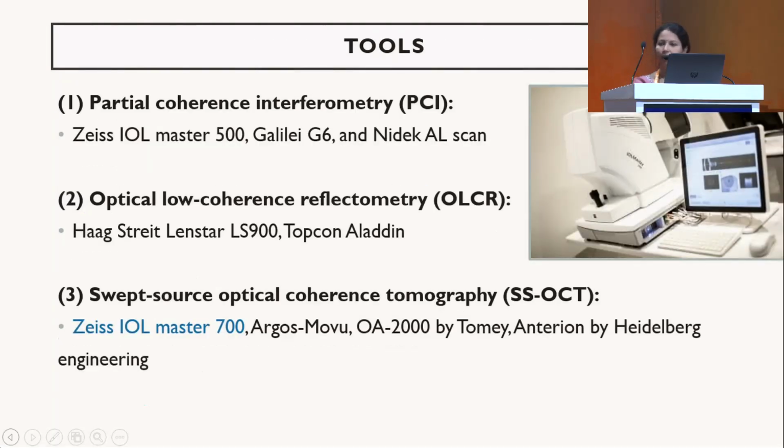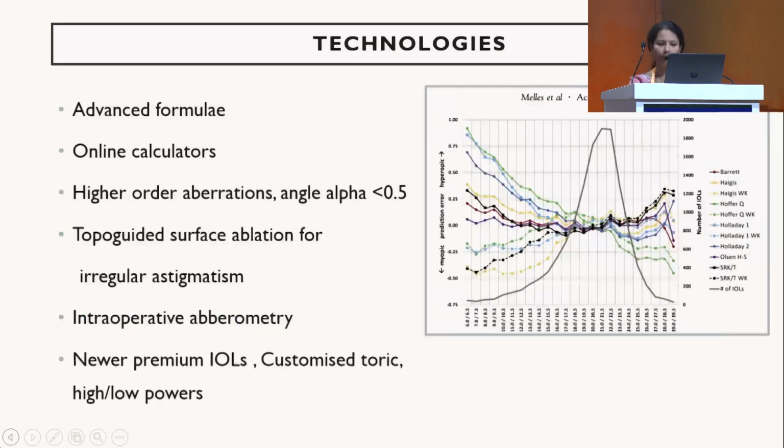So looking at the advanced tools and techniques that are available for us, we have different biometers which are giving very accurate measurements, of which the swept source OCT based machines like the Zeiss IOL Master 700, the Argos by Alcon, the Tomey and Anterion by Heidelberg Engineering, they are the best and they are more popular, which are used